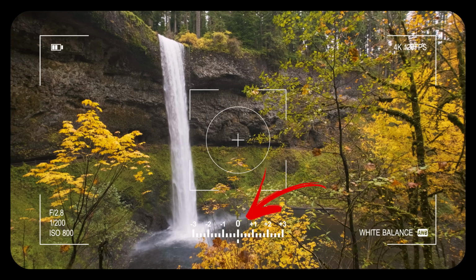You also almost always see it on the back of your LCD, but it is so often overlooked. And it is probably one of the quickest ways to see if your exposure is underexposed, overexposed, or properly exposed. Now, you don't have to nail it right at 0 every single time, but it kind of gives you a baseline. Generally speaking, you want to be somewhere around 0,